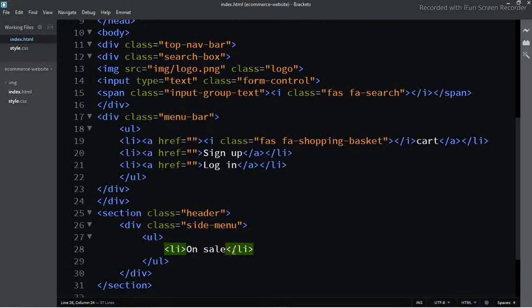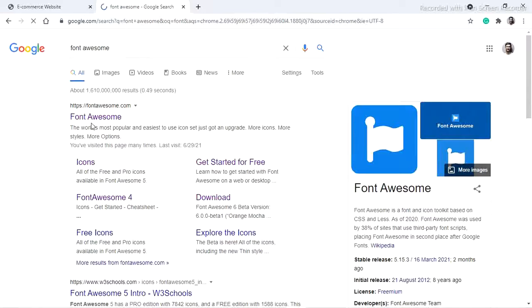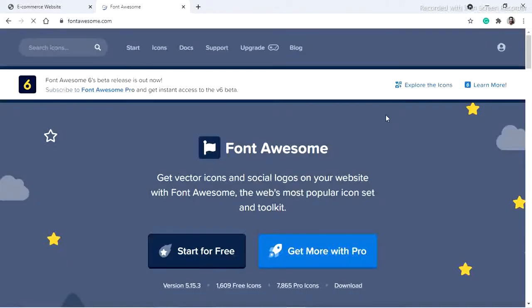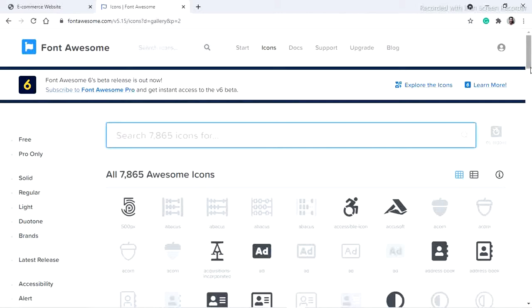Now we need to add one icon here. For that, come to Google. This is the Font Awesome link. Click on the icons. We will search for one icon here which is angle right.